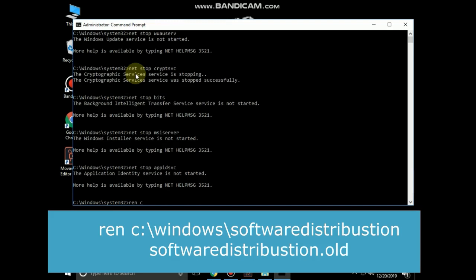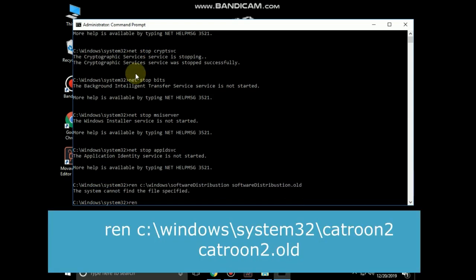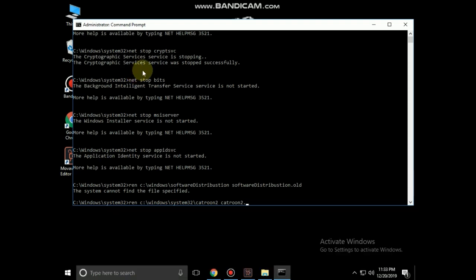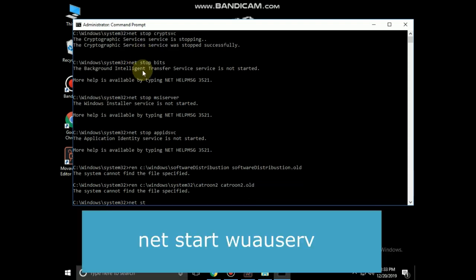Now carefully type this path: ren c:\windows\softwaredistribution softwaredistribution.old and hit enter. Now type ren c:\windows\system32\catroot2 catroot2.old and hit enter. Then type net start